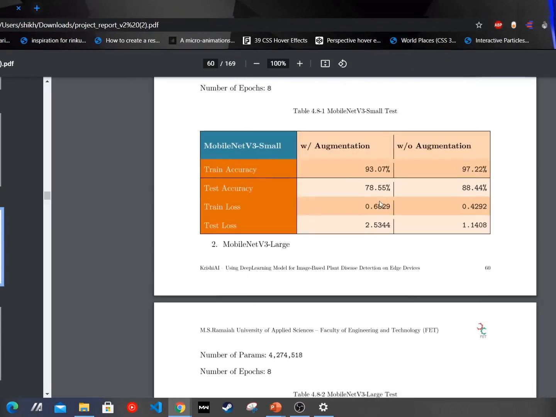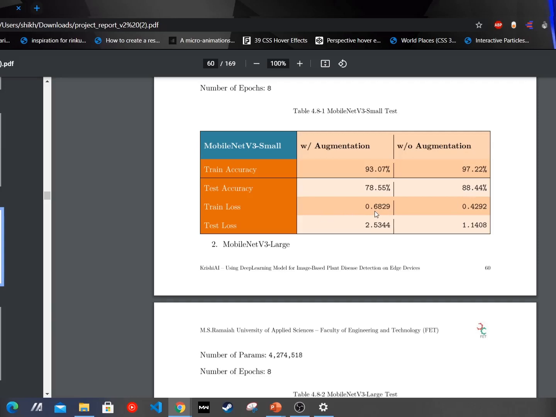So as you can see here, MobileNet V3 with augmentation showed 93.7% train accuracy. Without augmentation, it shows 97.22% accuracy. Test accuracy was shown as 78.55%, and without augmentation was 88.44%.